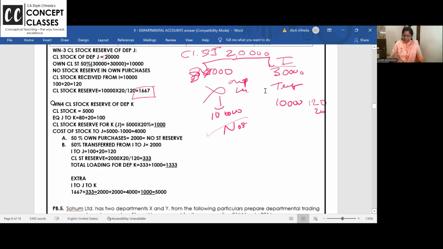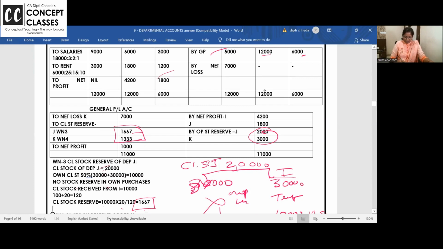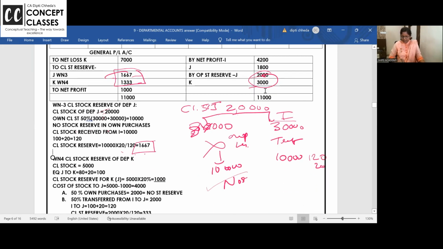Now, next, ये तो हो गया लोडिंग किसका आपने कैलकुलेट कर लिया, 10,000 into 21,667. This is the loading of J. और लोडिंग कहाँ लिखते हैं? जनरल P&L अकाउंट डेबिट साइड, ओपनिंग स्टॉक लोडिंग ऑन द क्रेडिट साइड, and in the balance sheet you have to minus it out of the stock. Clear to all of you? Right. Chalo, next now we are doing